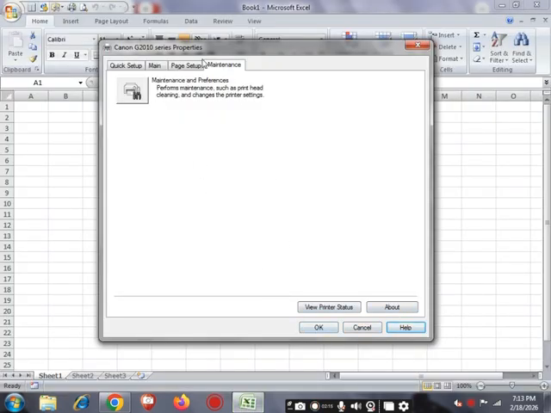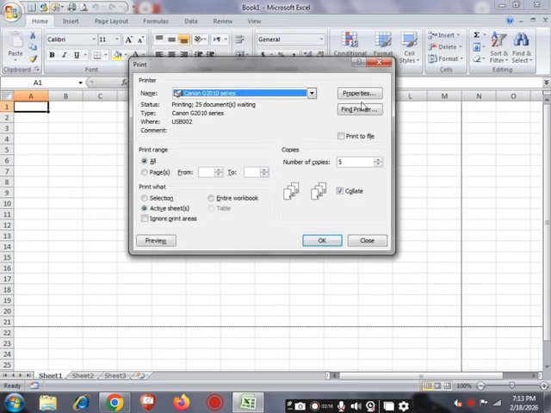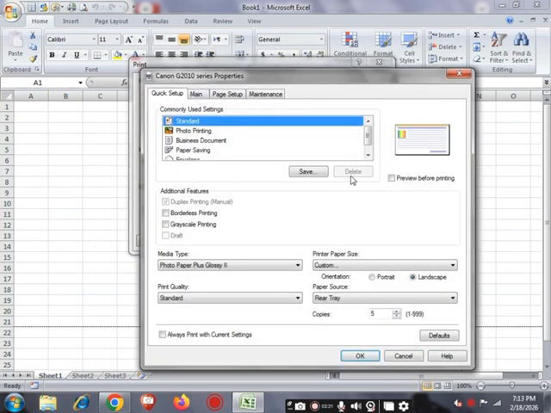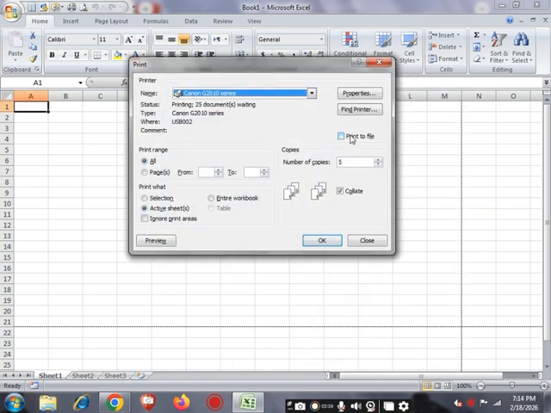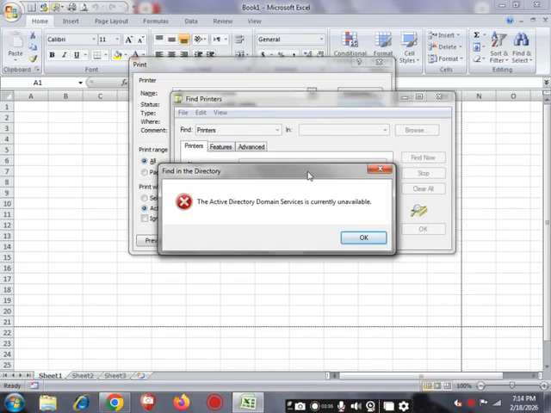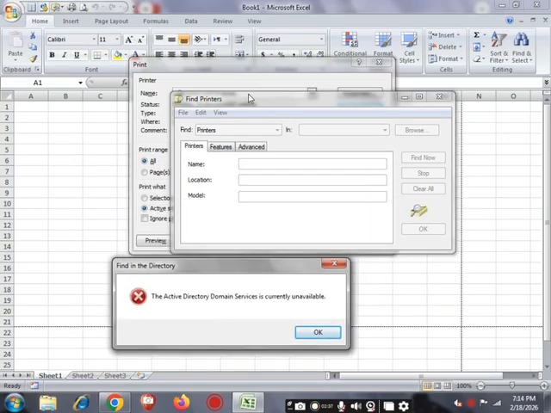This is Find Printer. Why do we use this command? Simply click on it and you will see this dialog box open. And why do we use it? Because it is a useful feature that allows us to search for and select a printer, especially in environments with multiple printers or network devices.